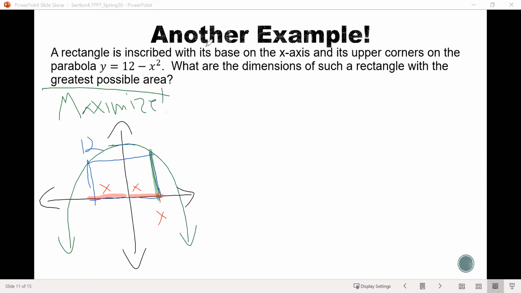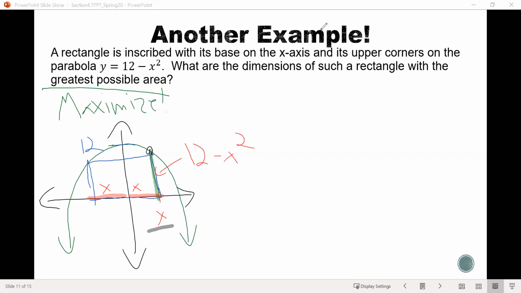Well, notice, once we have a value for x, the height up to here would come from plugging x into the function, that parabola there, which would mean taking this value for x and plugging it in here. And if we do that, then this height turns out to be just whatever we get as our output, which, since we're using a general value for x, in this case is going to be 12 minus x